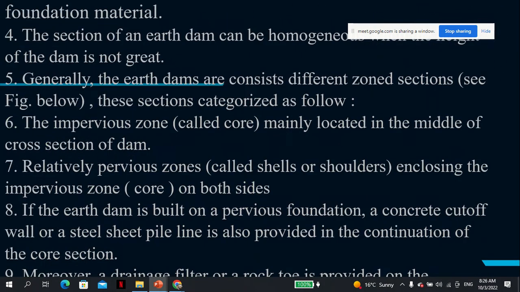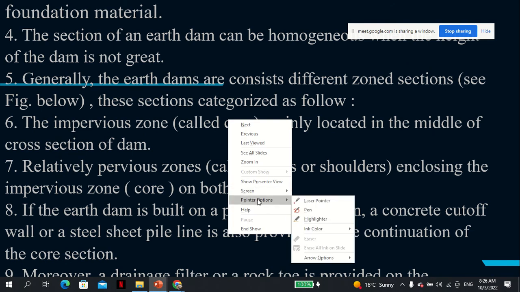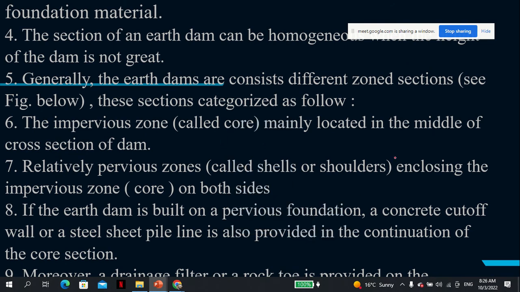So if this is your dam, what we are saying here, so if this is your dam here,